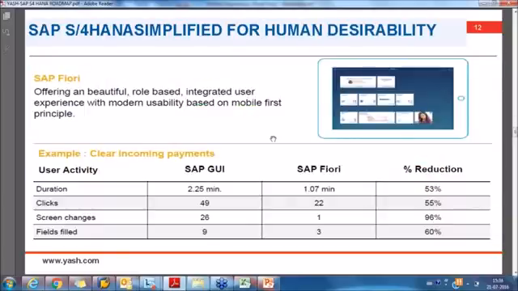So this is about FIORI. S4HANA by default comes with the FIORI interface. FIORI is an interface where the user can access the SAP screens or transactions. As Raman was mentioning, in the olden days, we used to call each of these transaction codes, the applications. Nowadays we see a lot of apps on the mobile. Similarly, we have got a lot of apps